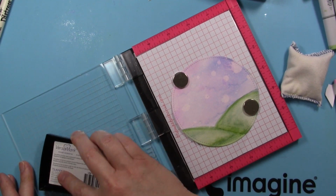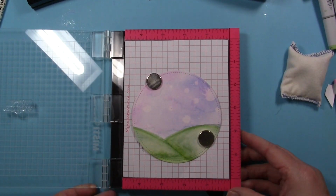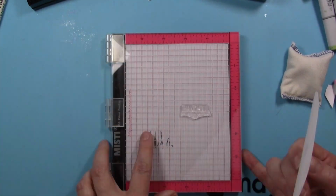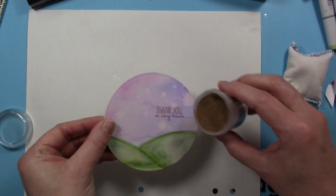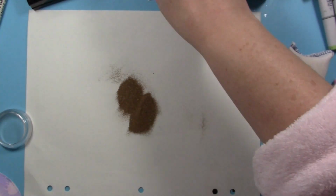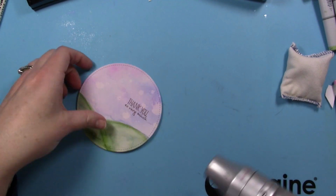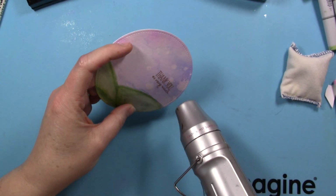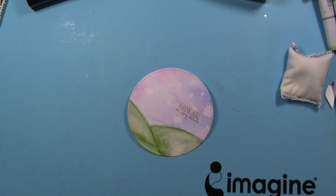I'm using Versamark ink and I'm inking up that sentiment, pushing it down pretty good there, and then going ahead and adding that gold embossing powder that comes in your kit that's beautiful. It's a very fine embossing powder, so it really looks nice with the sentiments that are available on the stamp set that come in the kit. And I'll use my heat tool and simply heat up that embossing powder until it's all melted on there, and